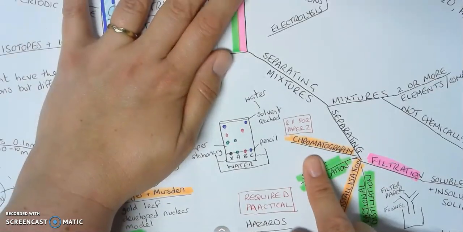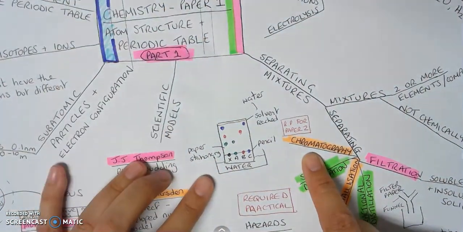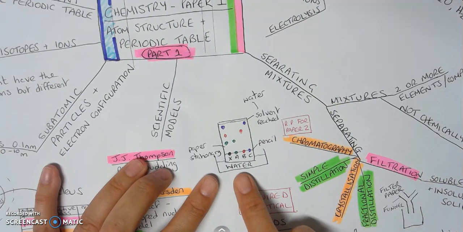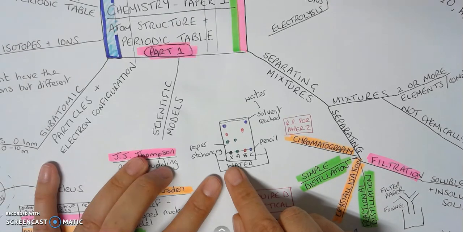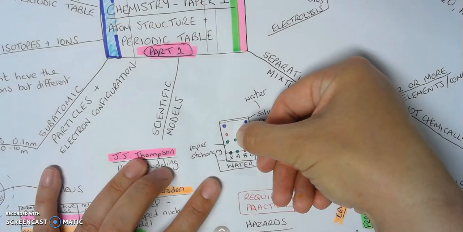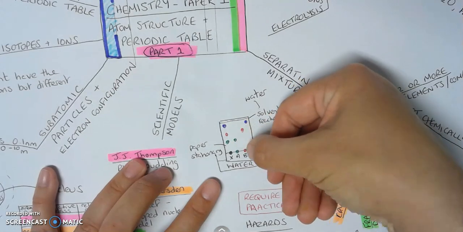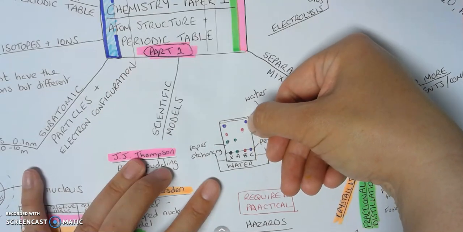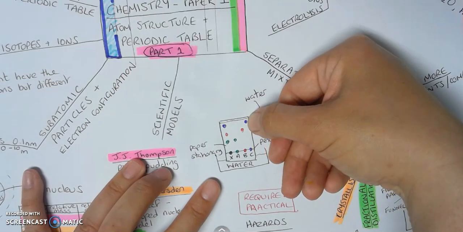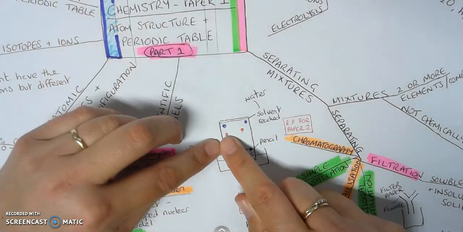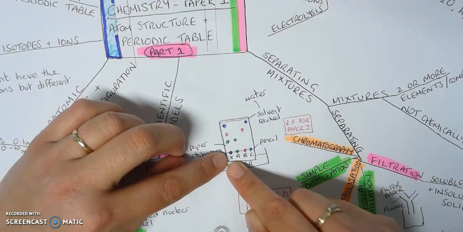Again, we've got another required practical here for chromatography. It's mentioned in paper 1 as a separating technique, but actually is a required practical in paper 2. So if we have 3 samples that we know, A moves the soluble part to that distance on the paper, B moves the soluble part to that distance on the paper, and C moves the particles to that distance. Then if we look at X, X has got a green, a red and a blue, and if I match them up, I can tell you that that black ink is made up of A, B